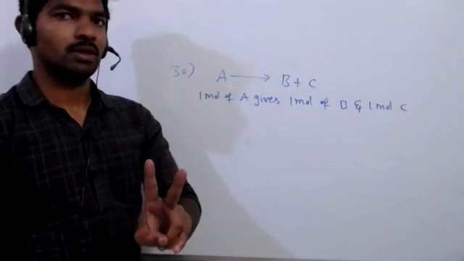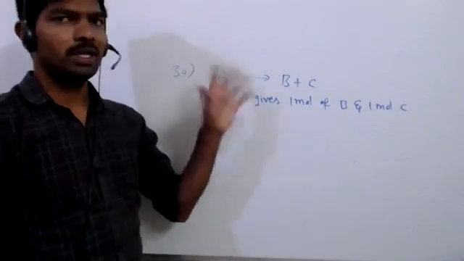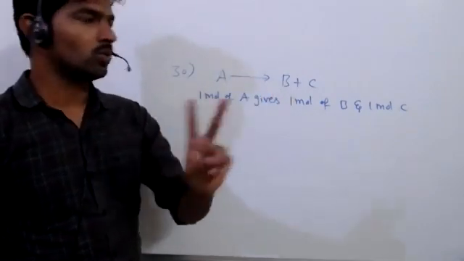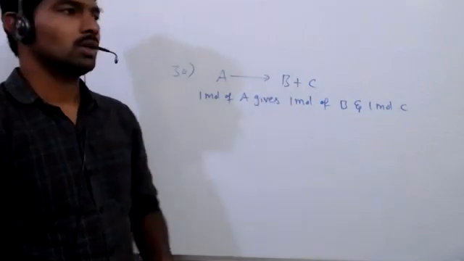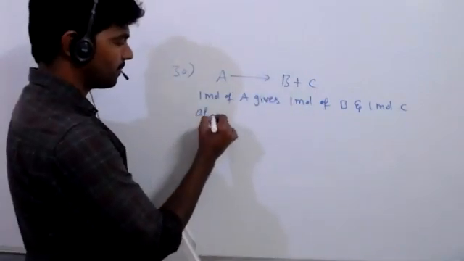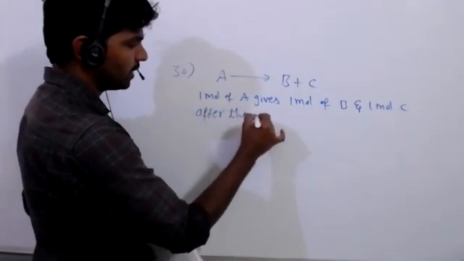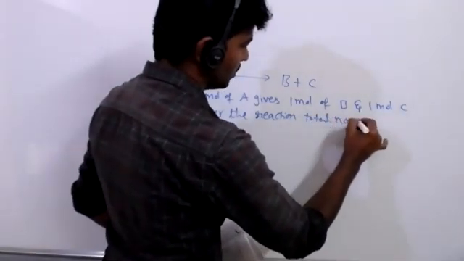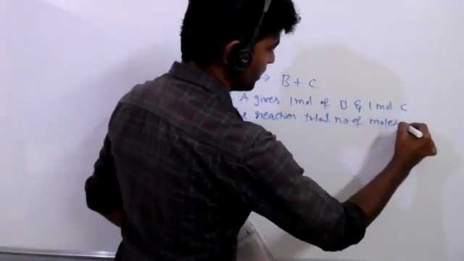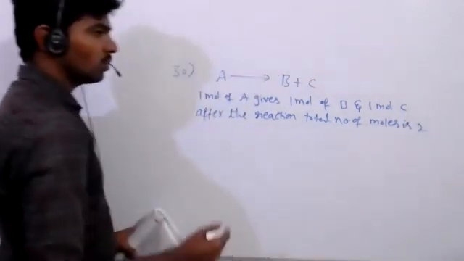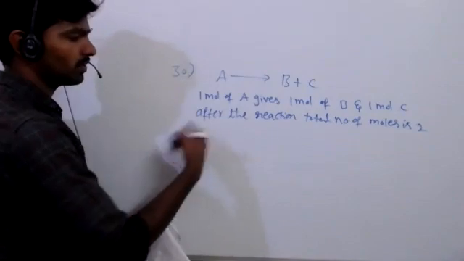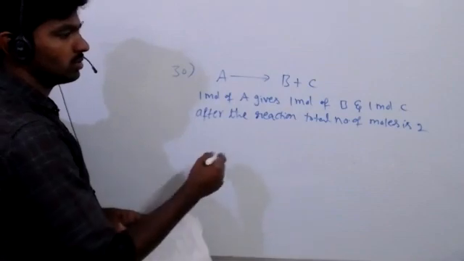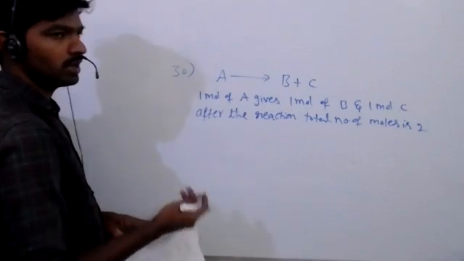Is it clear? Yes, sir. A is only 1 mole. It is completely reacted, so now A is not appearing. It became B plus C only. So 1 mole of B and 1 mole of C are produced. After the reaction, the total number of moles is 2. Total pressure after the reaction is 180 mm of Hg. So the partial pressure of B and C will give only 90.